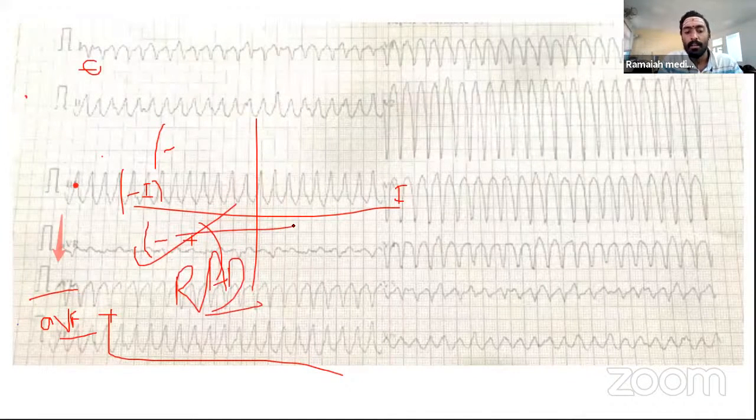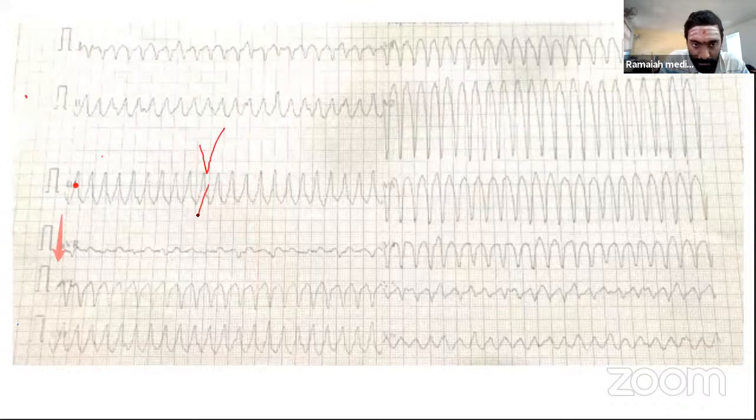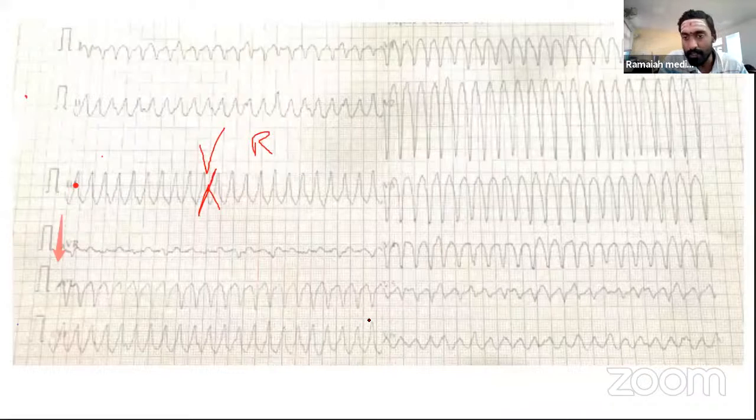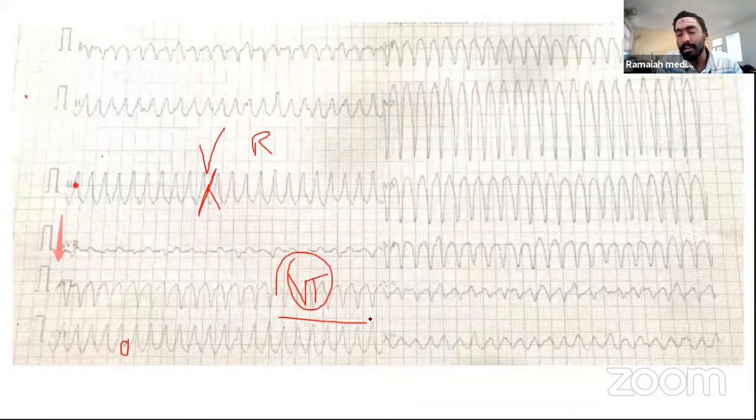Okay. So if you imagine this to be like this, now you see lead 1 is like this. Lead AVF is like this. Only then you are going to get something like this. You are going to get a right axis. Yeah, there are no P and T waves in AVF. Correct. There is actually some small P wave here. This is a ventricular tachycardia. And very, very important, I'm sure it will be told next. A ventricular tachycardia,